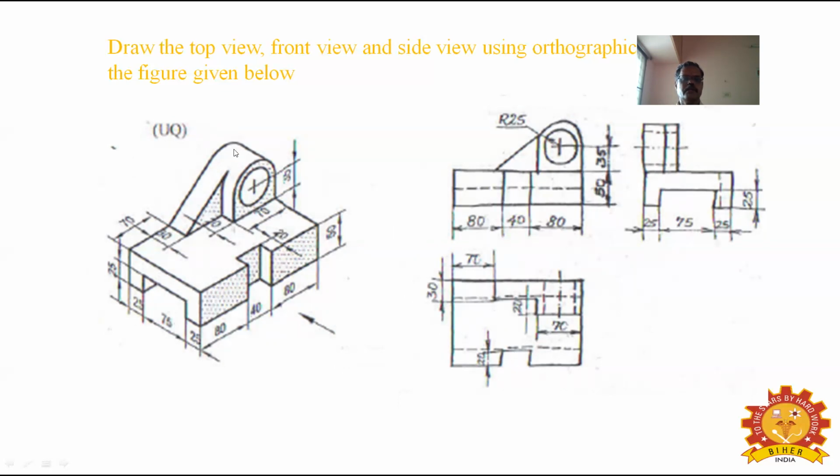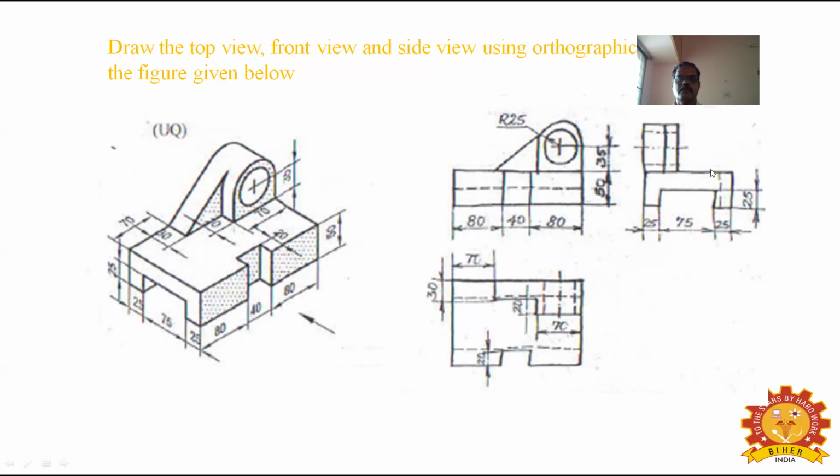The height of the boss is given as 35 mm from the top, and you have to complete this boss. Okay, with an R25 circle, you have to complete this drawing. In the side view, only the left hand side is visible, that you have to draw on the right hand side. Complete the C-shape rectangle first, and draw a horizontal line from the front view, that you have to match with the side view. The total width is given as 50 mm. 30 plus 20, the projection thickness is 20 mm, and inside you have to draw the hidden lines, the circle of diameter 50, that you have to show in hidden lines.